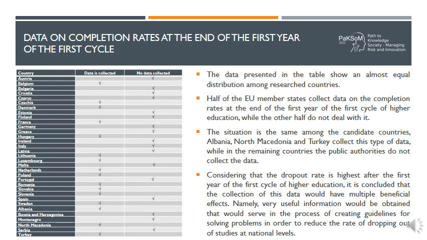Third research indicator in this study is collection of data on completion rates at the end of the first year of the first cycle of higher education. The data presented in the table show an almost equal distribution among research countries. Half of the EU member states collect the data on the completion rates at the end of the first year of the first cycle of higher education, while the other half do not deal with it. The situation is the same among the candidate countries. Albania, North Macedonia, and Turkey collect this type of data, while in the remaining countries, the public authorities don't collect